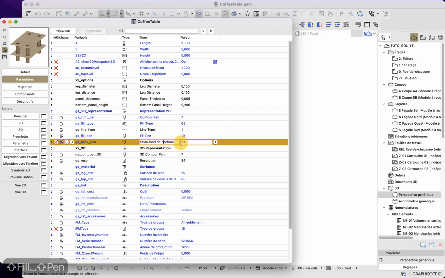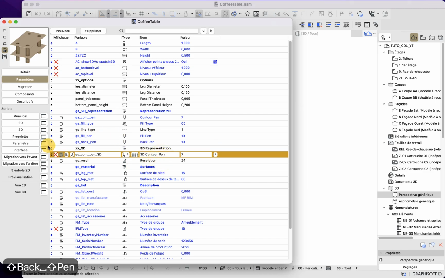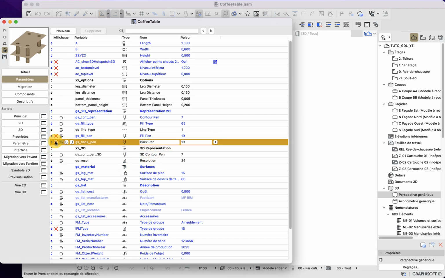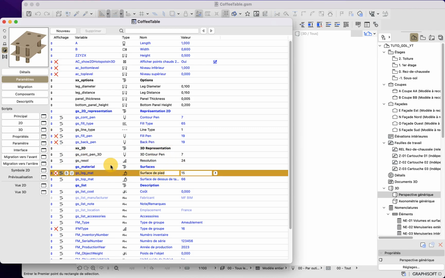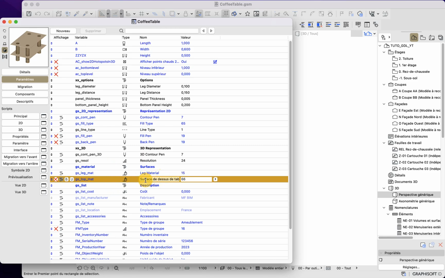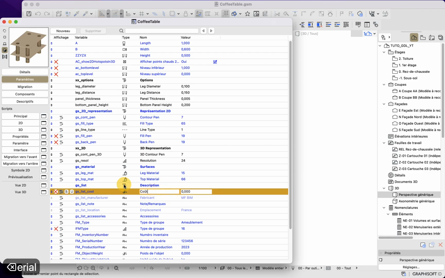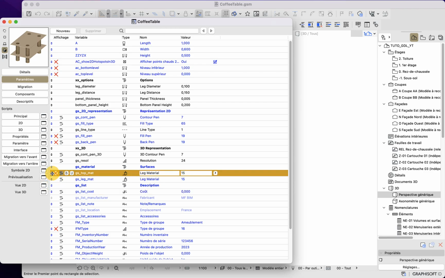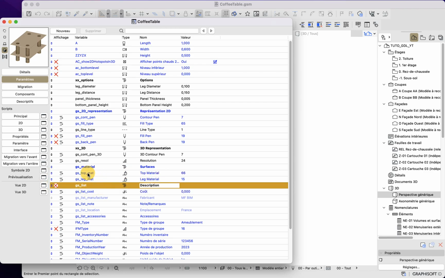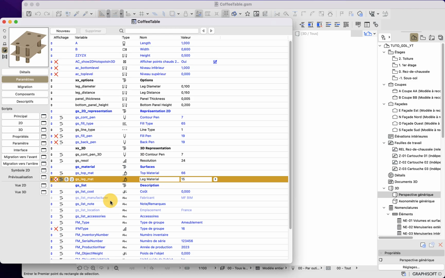We are not using the fill pen and the back pen, so we will hide those parameters like this. This one is already translated, and this one will be leg material and top material. Sorry, I prefer the top to be at the top. So here I will put top first and then leg second.